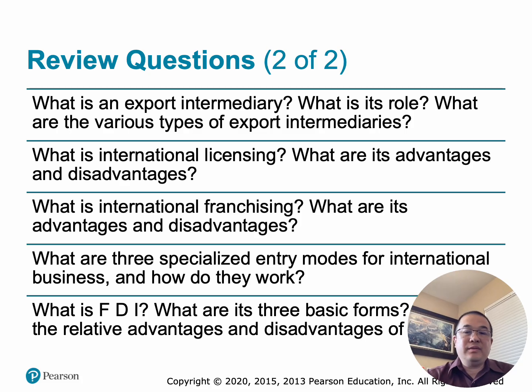Number 2, acquisition or brownfield. This is purchasing an existing company. So advantages would be immediate revenues, existing customers and facilities, and fast market entry. However, the disadvantages would be it inherits liabilities, integration challenges, and large upfront investment. Number 3, joint venture. This is to create a jointly owned company with a local partner. So advantages would be shared risk, local expertise, and easier market access, while the disadvantages include shared control, shared profits, and potential partner conflicts.